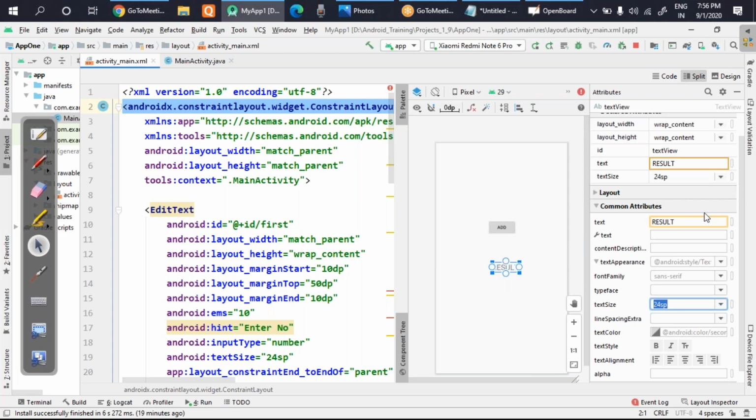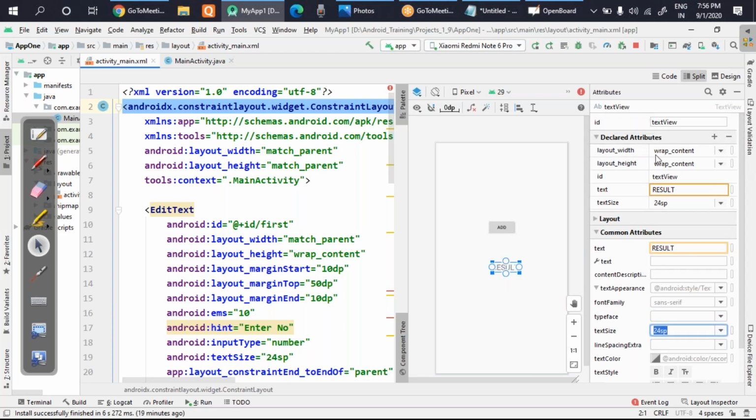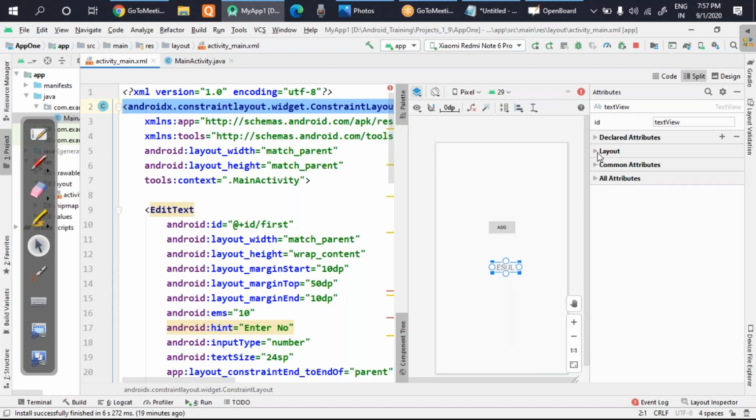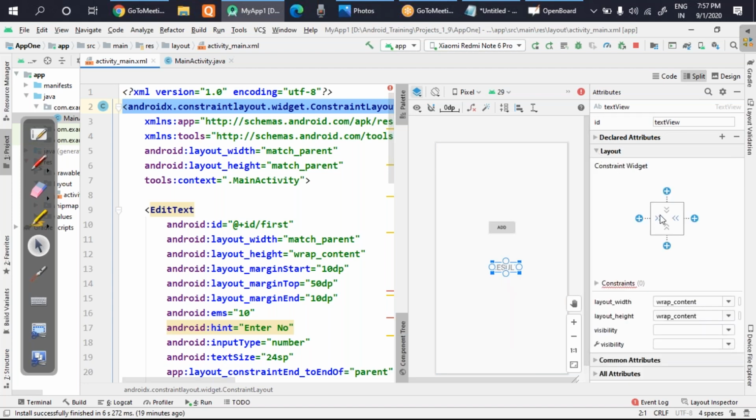One thing we have missed, that is we have not connected. This is the declaration part. We'll move to the layout now. This is really important again. Why? You have to connect each and every component. If you don't connect, there will be issues, so please keep this in mind. You click on plus, and as soon as you click, you can see it is now getting connected with the button add. So this should be done everywhere.